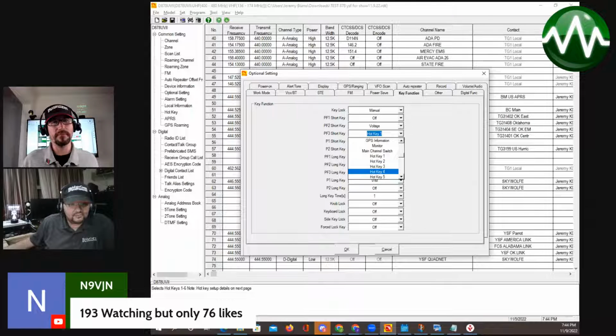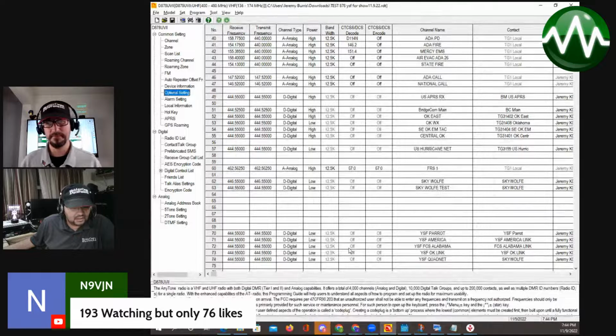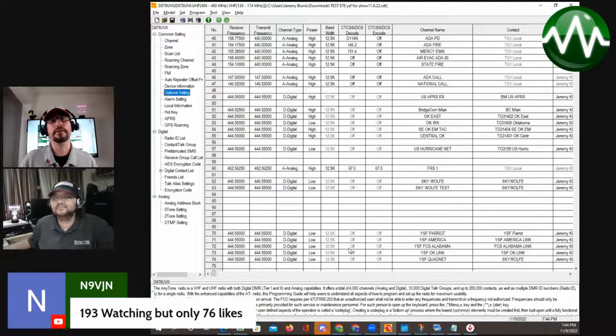But okay, so we've got that set as a hotkey. Now, when you do that, it'll appear there. You'll click OK, and you're done. Write it to the radio. Now, if we go back to the user interface for our Pi-Star,